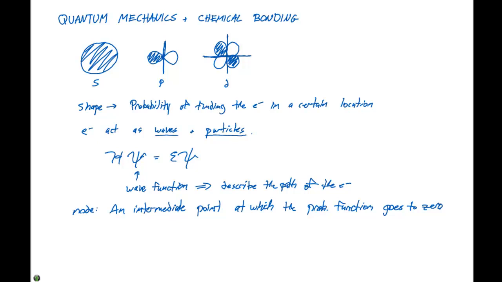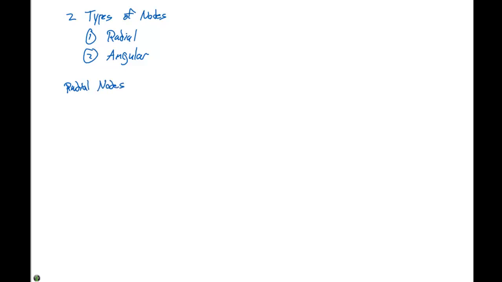Okay? So when we look at nodes, there are two types of nodes that we have to look at. And those nodes are radial and angular. And we can look at the various probability density functions to determine our radial nodes. So if we look at the radial nodes of an s orbital,